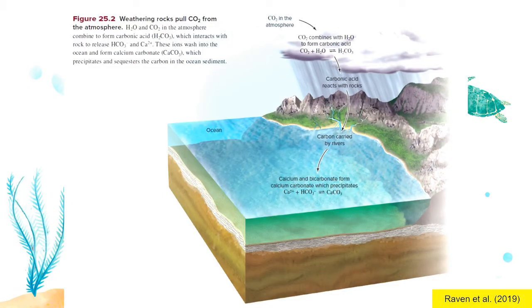Now, this was what Miller and Urey were trying to recreate in their experiment: the physical environment of the primitive Earth. They were considering carbon dioxide in the atmosphere, which combines with water from the clouds, and eventually carbonic acid was formed, which reacted with the rocks there. Then those molecules were carried into the oceans, and calcium and bicarbonate form calcium carbonate after precipitation. So this is one of the conditions of the primitive Earth that they were trying to look into.